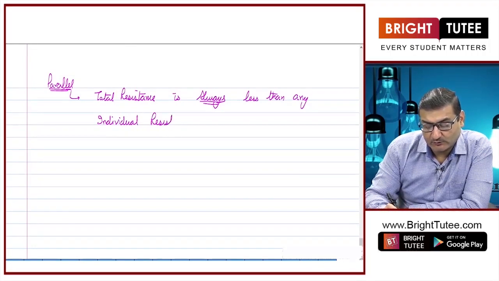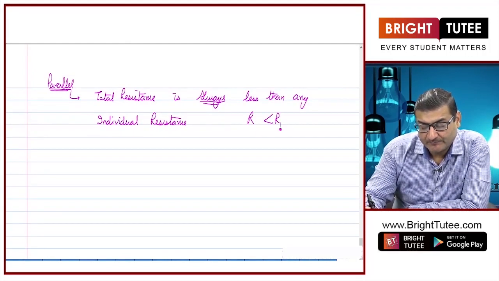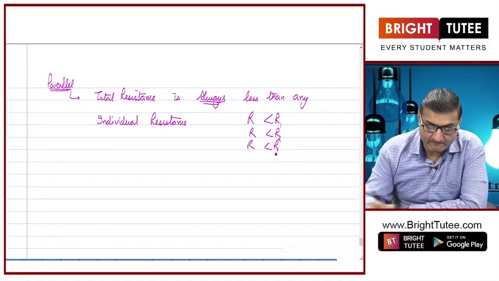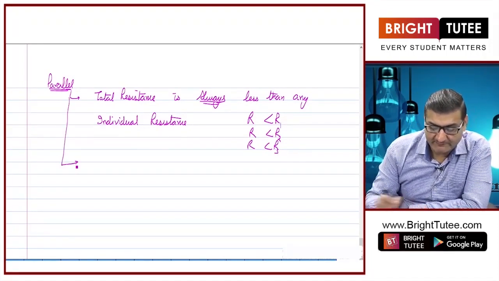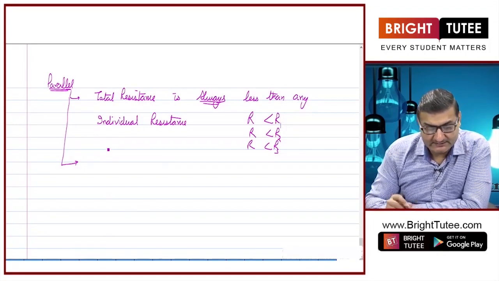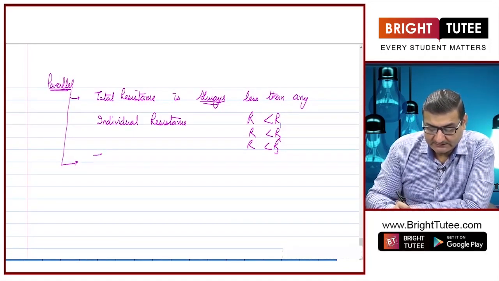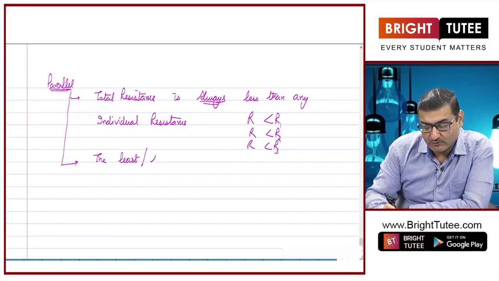That means total R will be less than R1, total R will be less than R2, total R will be less than R3. And the second way of saying the same thing is